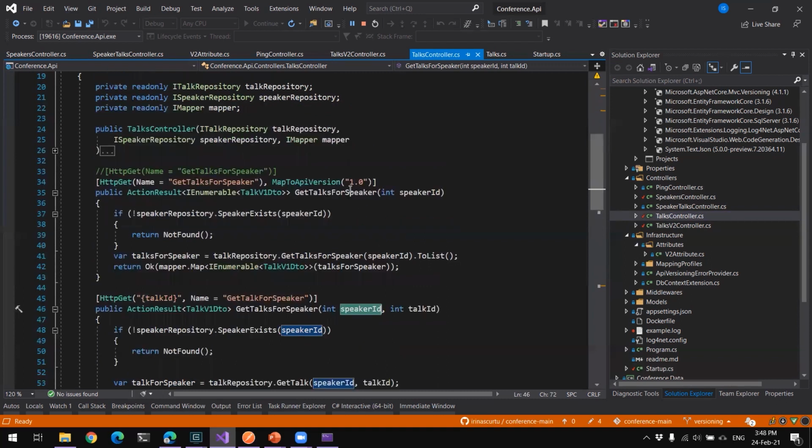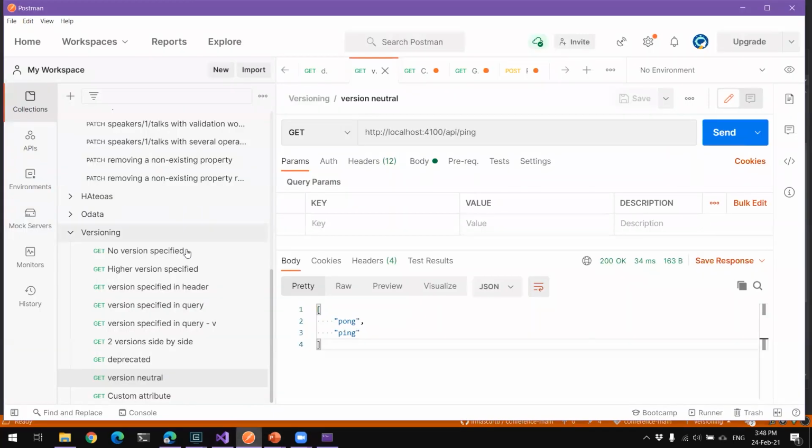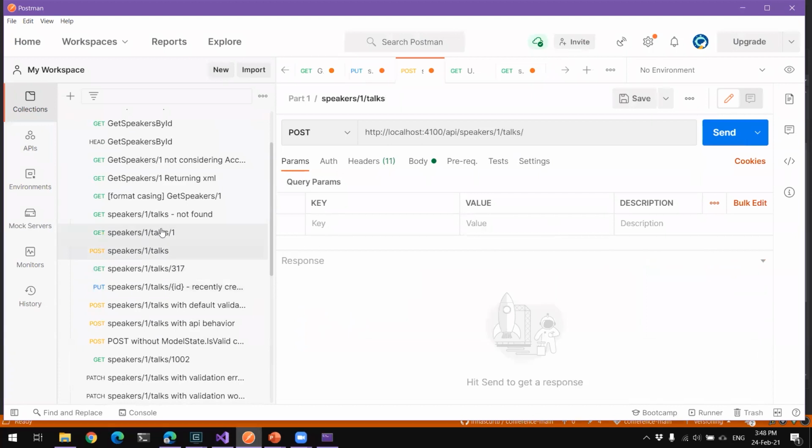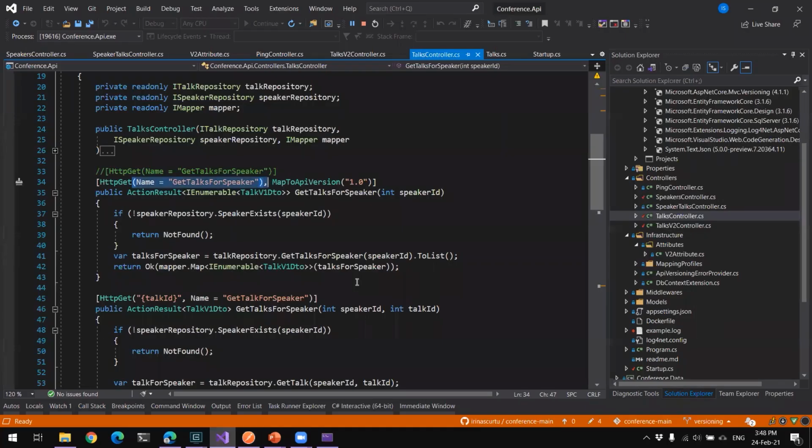And the same happens for all the talks for a speaker. You pass here the speaker ID, but you do not specify it as a parameter in the action route. So you'll be able to obtain something like speaker talks, or a specific talk. And this way, when you're looking at the endpoint, you'll see that this specific talk is related to this specific speaker. Cool. So it's hierarchical. Nice. And it's very easy to do this. You keep it separate in the code and everything is nice and clean. But for the outside world, it's...